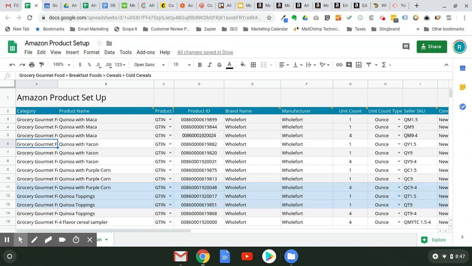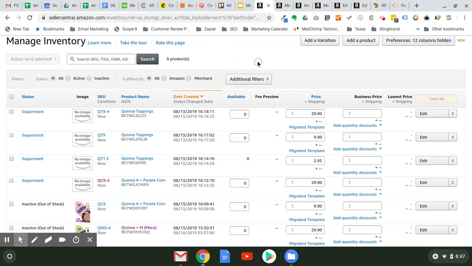So if we were to start with this one, quinoa with yacon. Okay. What I would suggest we do if we go to the inventory is we find a like product and we create a duplicate. It's always preferable to start with an existing product and create a copy of it than to start from scratch, because then a lot of the setup may be done for you already and it just saves